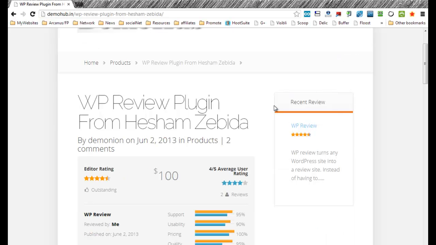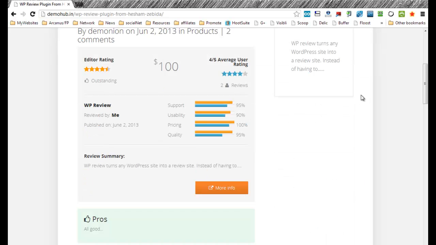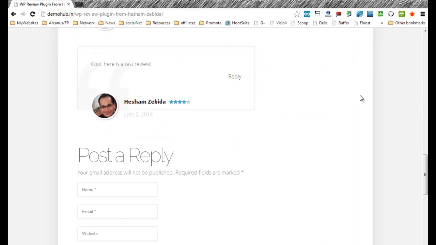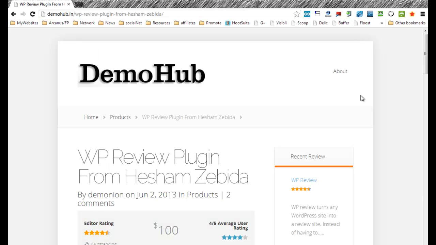There's also a widget area here on the sidebar, which you can show on the front page or the sidebar of your WordPress site. It could be anything. There's actually 2 types of widgets. You can sort this by popularity, by rating, and a lot of other cool stuff you can do with it. So basically, oh, one thing before I forget, before we go to the back end, this plugin is totally